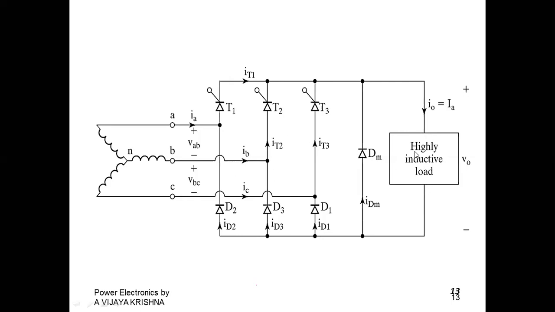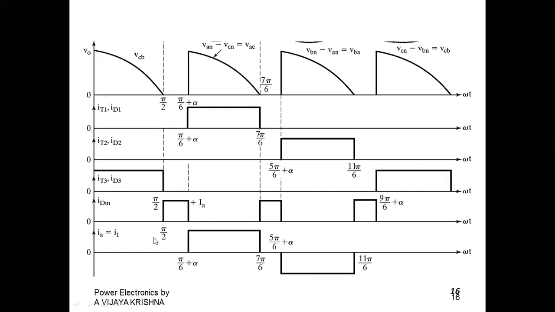So whenever thyristor T1 and D1 are turned off, the remaining circuit supply should move towards the freewheeling diode. Why? Because T1 D1 will be turned off. Next, what happens within this time period? The energy will be stored in the load inductance. Therefore, that will interchange the supply terminals across the inductor, and the current should move like this. That is current IDM. This is the IDM current.